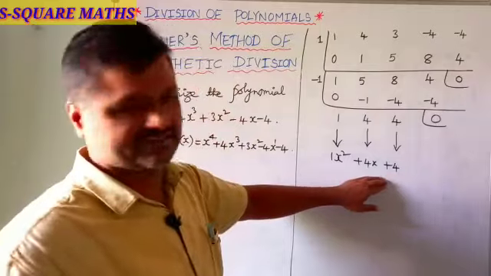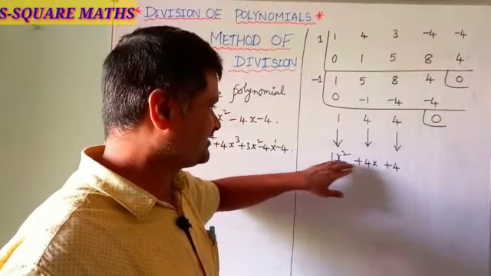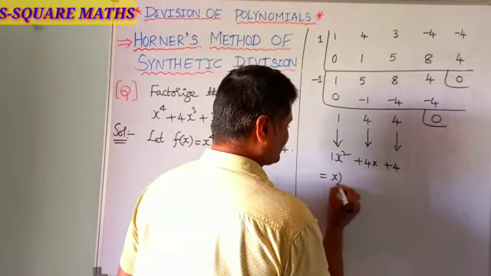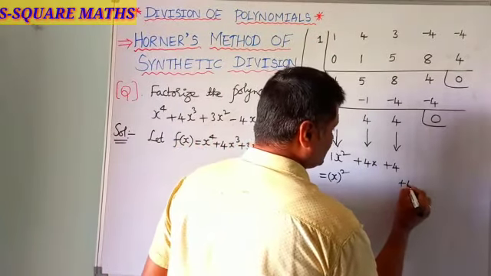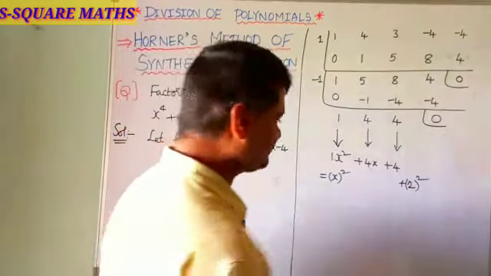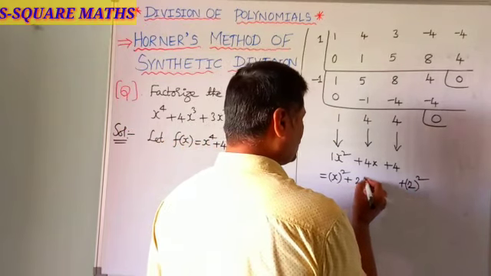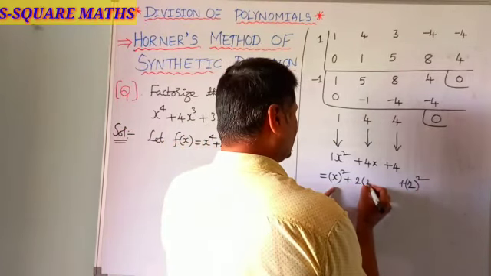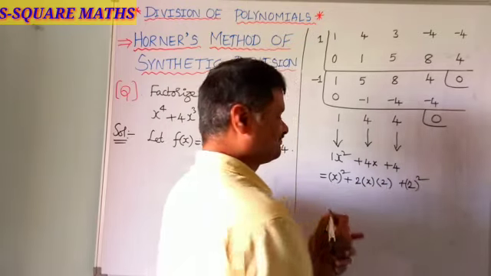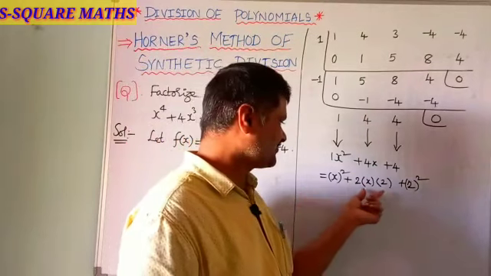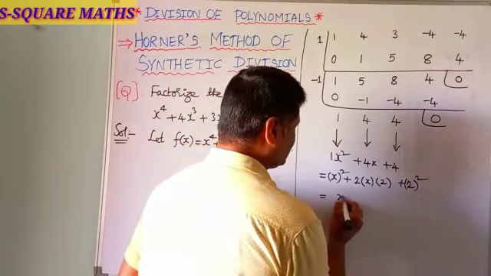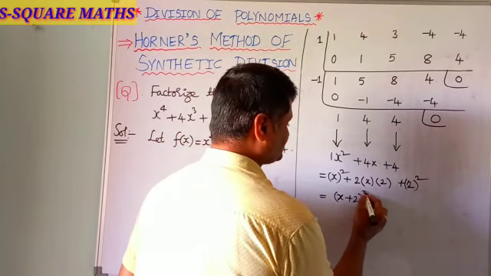But here, since it is reduced to a 2nd degree quotient of f of x, by seeing this one, you can expect the expansion x square plus 4x plus 4. You can write it as, now this is x square and this is 2 square. 2 square is nothing but 4. So, I got a square plus b square. So, plus 2ab, I am writing 2 into a is x and b is here 2. So, 2 2s are 4x. Now, this is in the form of a square plus 2ab plus b square. Nothing but a plus b whole square. So, x plus 2 whole square.